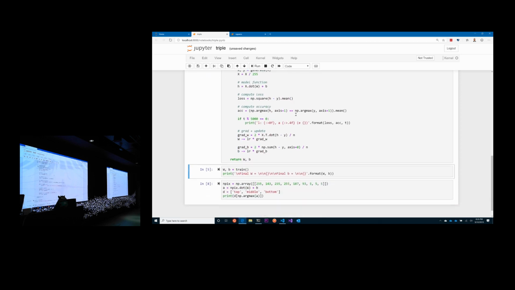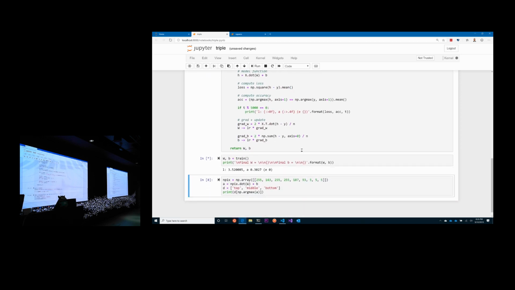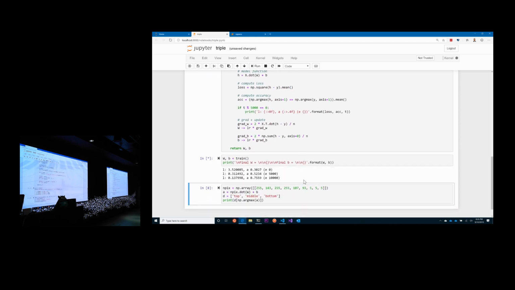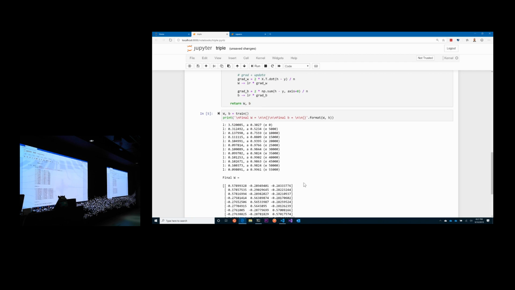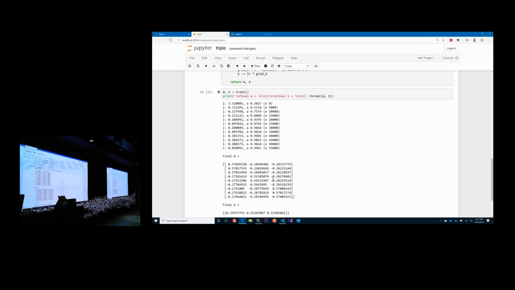This is it training right now in the loop. I literally wrote that thing that I just showed you. It's looping through now. The loss is going down. The accuracy is going up. Do you see that? And then if I scroll all the way down, the final W for this one is not what we had before.